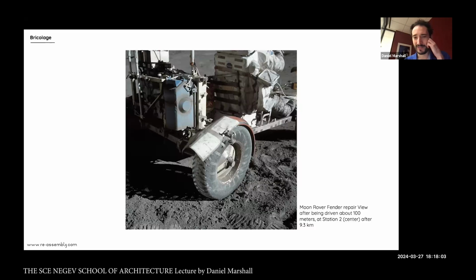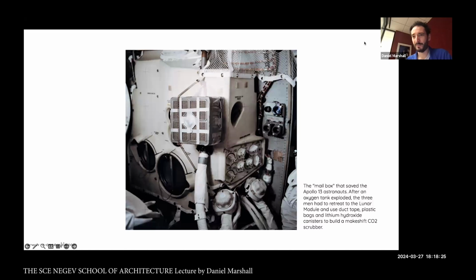Bricolage, or evidence of making, a repairing aesthetic as well. For instance, on NASA's moon rover, there's this dust guard problem. The dust guard came off, and they had to work out a way to hitch a map and put that onto the dust guard. There's also this famous mailbox, which